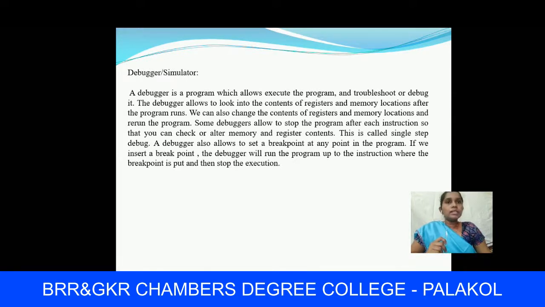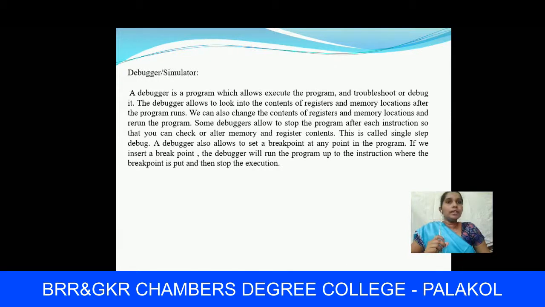Some debuggers allow you to stop the program after each instruction so that you can check or alter memory and register contents. This is called single step debug.